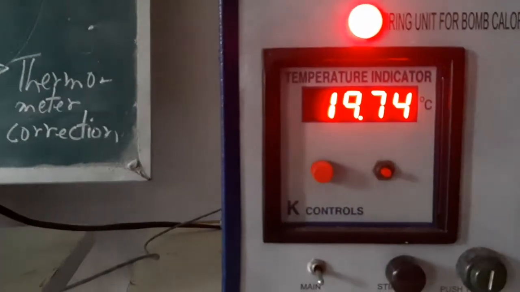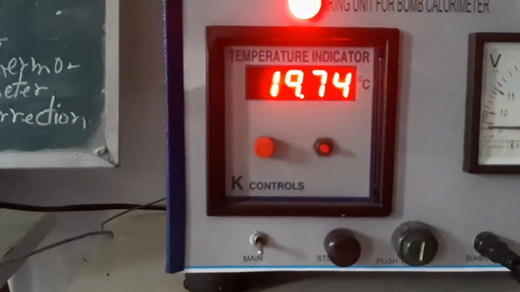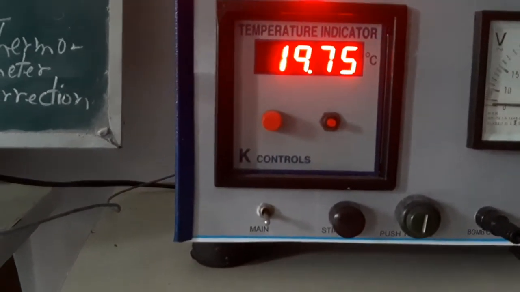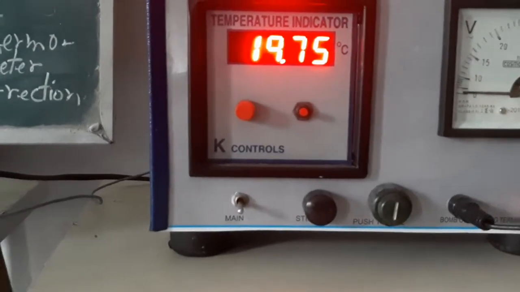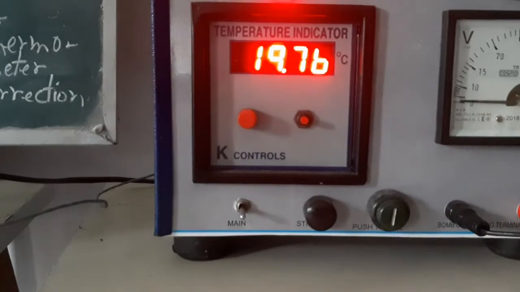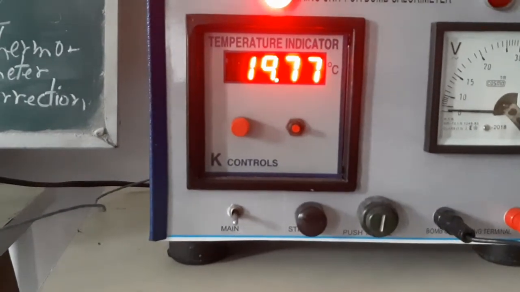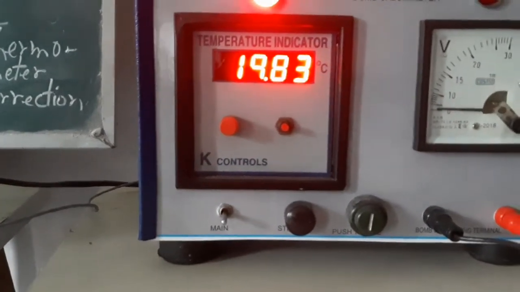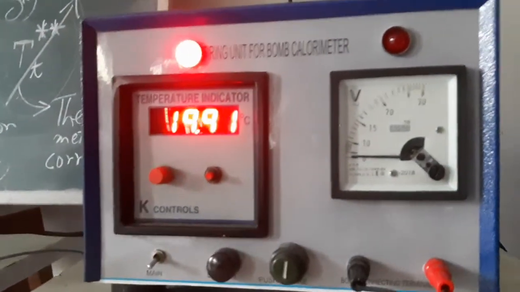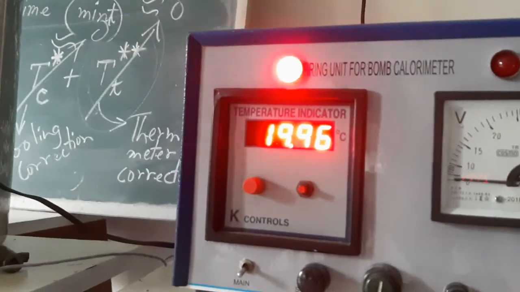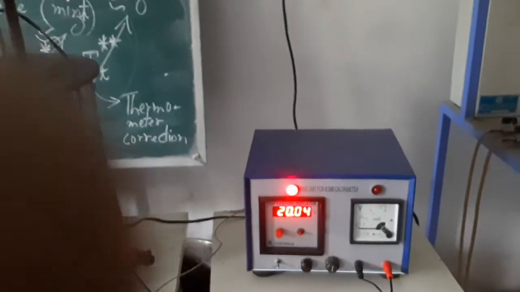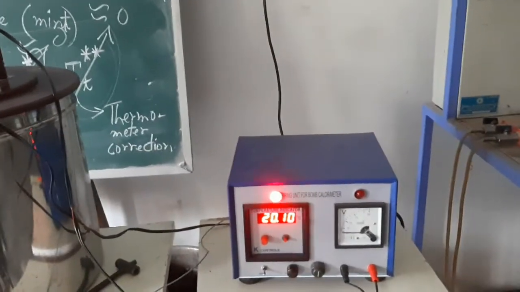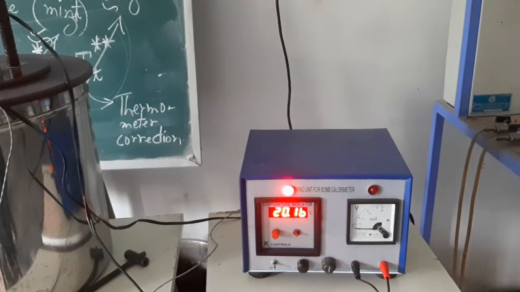And now we will observe the temperature rise. So this is your T1 after the firing switch, the temperature after 1 minute. You need a stopwatch, and from time to time, after every 1 minute, you take the reading. You can see the temperature is rising. In each 1 minute we will take the reading. Rapid rise. See, just 1 minute is over. You can note down the temperature, 20.17.